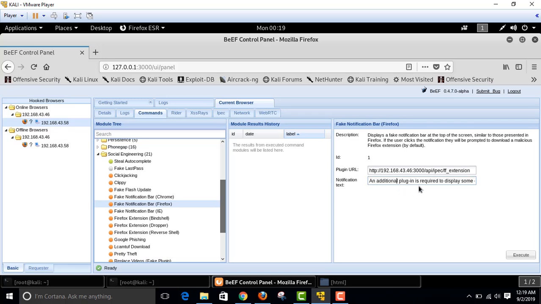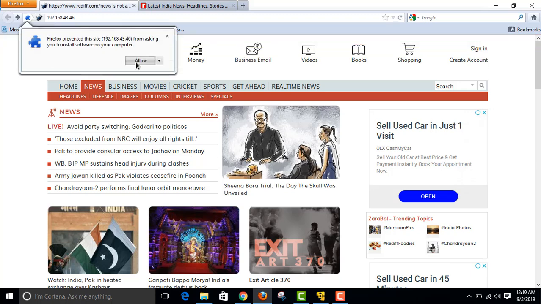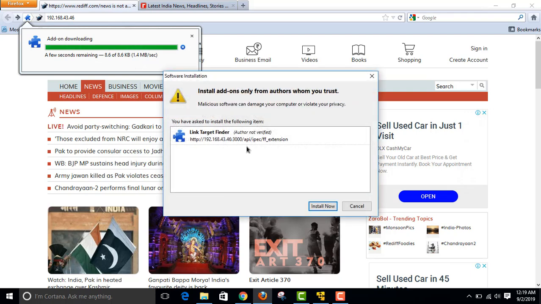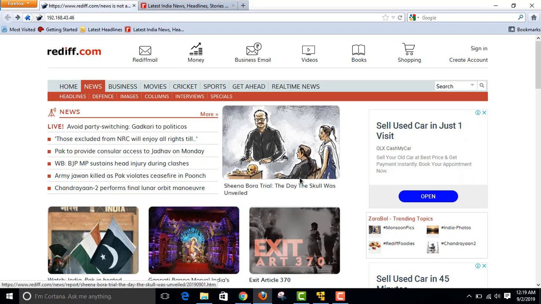It will pop up to the user that an additional plugin is required to display some element on this page, and when I execute it, you can see that on our browser we got the pop-up asking to install the plugin. When I allow it, I can see that it's downloading, and I can install it. Okay, so this way you can also get the user to install any malicious add-ins or extension from our